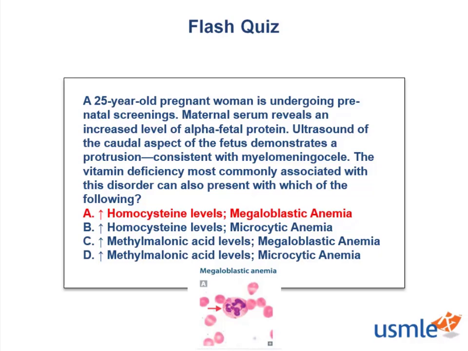That is, hypersegmented nuclei. As you may know, a megaloblastic anemia can also occur in association with vitamin B12 deficiency, but there, methylmalonic acid and homocysteine levels would be increased, versus with a B9 deficiency, only homocysteine levels are increased. Friends, this was a hard question, but a fair question for the boards, and I hope it helps better prepare